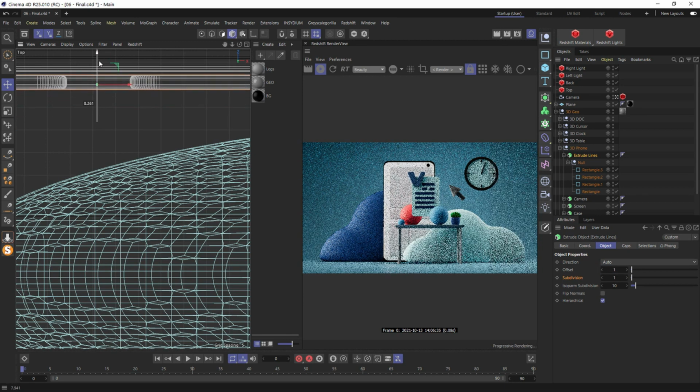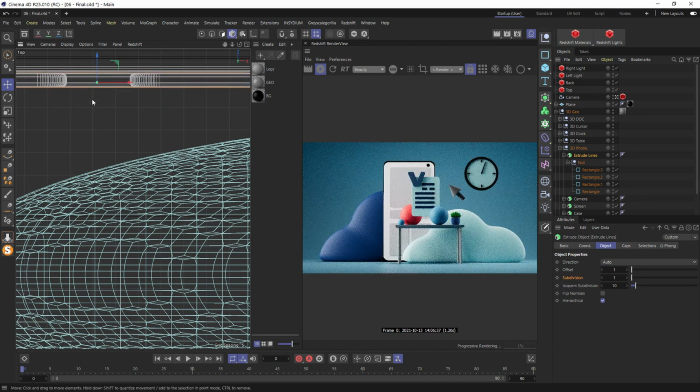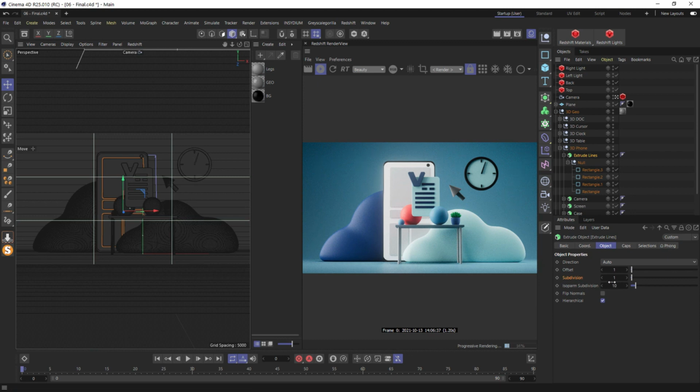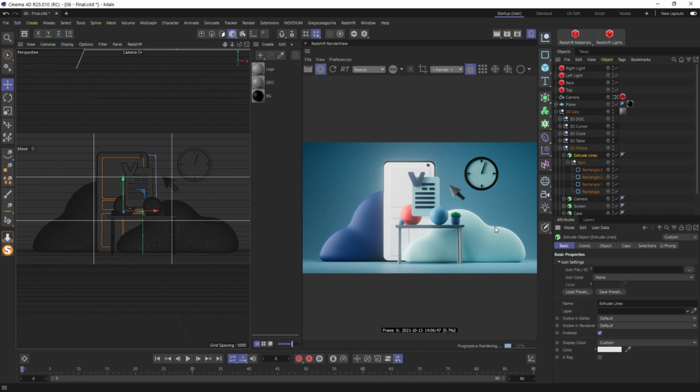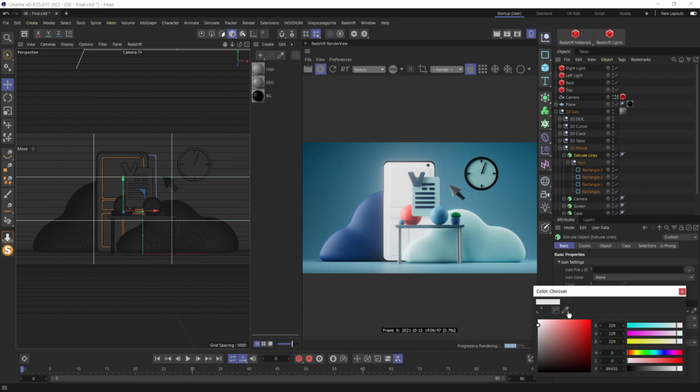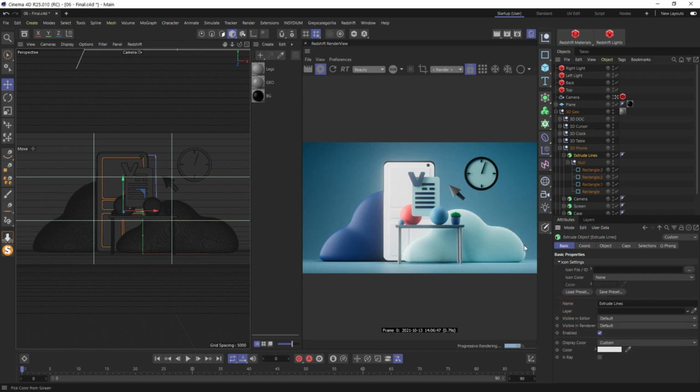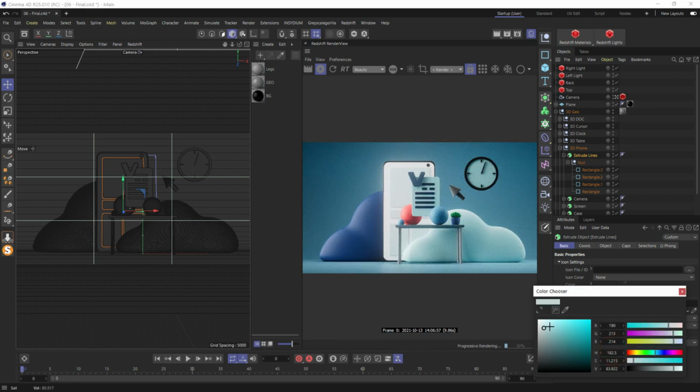Narrow it to the screen and set a very, very subtle difference from our base shape. Maybe I can pick this one, this light blue color,